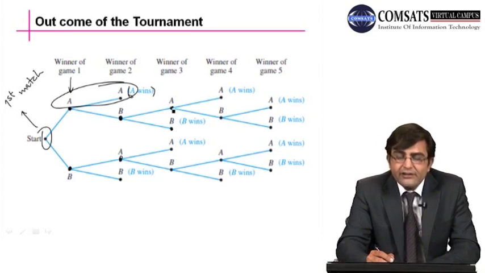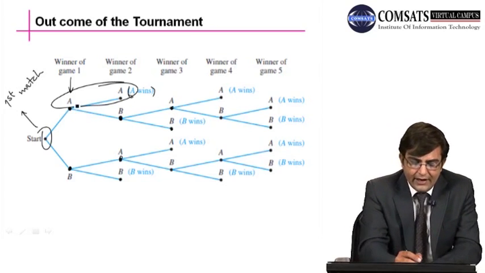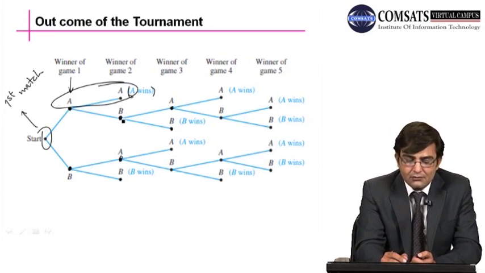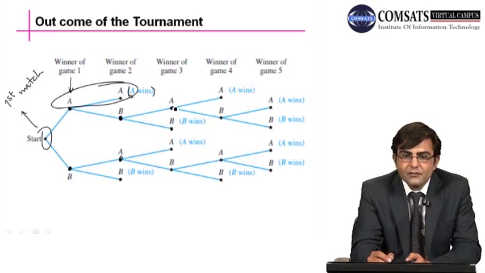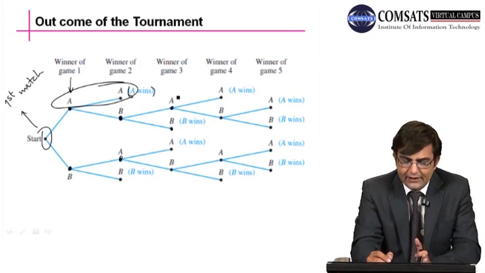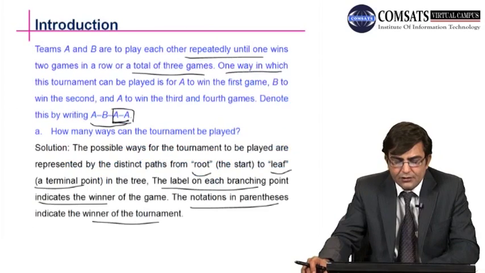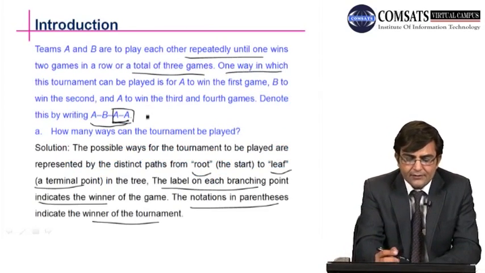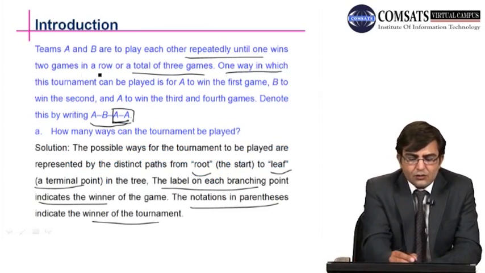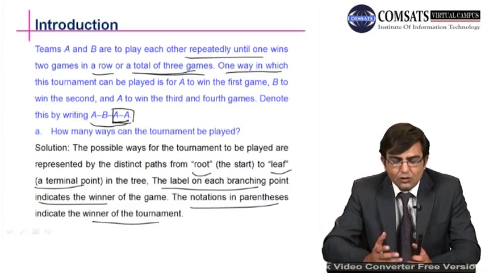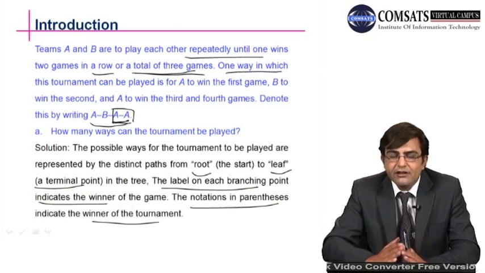So yet the winner has not been decided, because A has won the first game, in the second game B is the winner, in the third game A is the winner. So there are 2 wins of A until this game 3, because there is another condition of the winner in the problem: until one wins 2 games in a row, consecutive 2 games, or a total of 3 games. अगर कोई भी टीम लगातार 2 गेम्स जीत जाती है तो टूर्नामेंट की विनर होगी, या